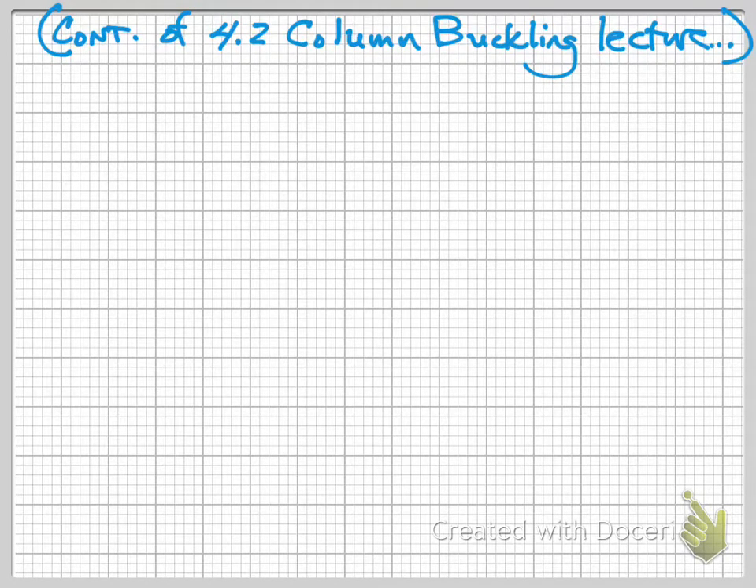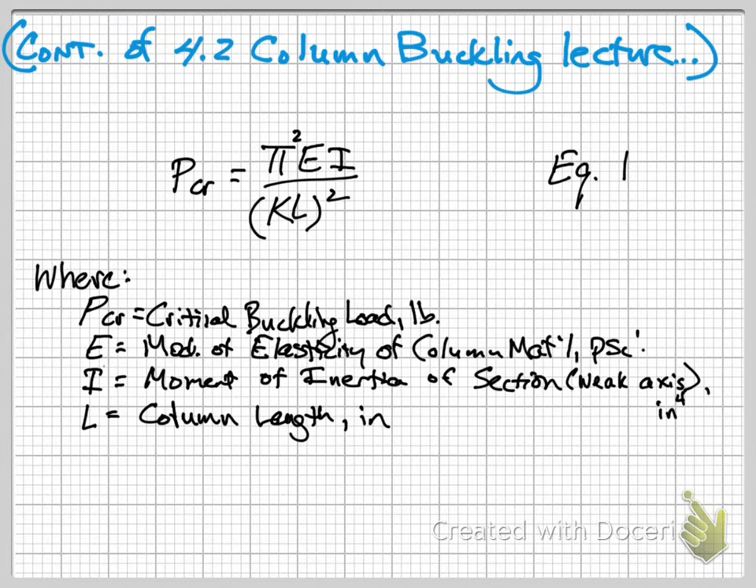Okay, so this is the second part of the second lecture, and we're going to continue that one. We ended the first part with the critical buckling load, pi squared EI over (KL) quantity squared. We called that equation 1,